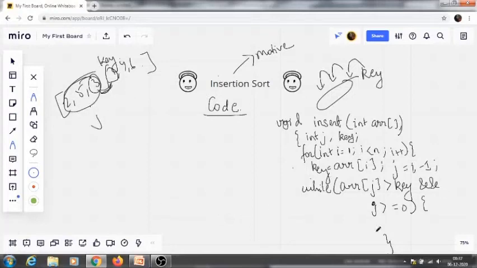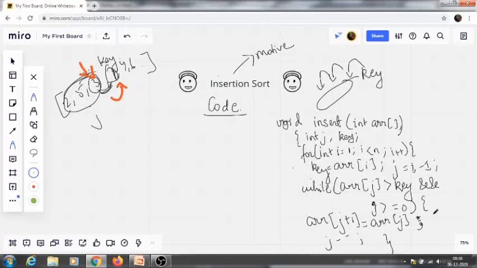So we will put array j plus 1 equal to array j. We are just shifting this, like our array j value is here, and array j plus 1, that is 1, in place of 1 we will put 3, and then we will decrease j with j minus minus.